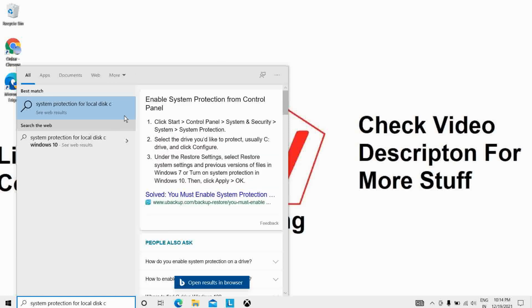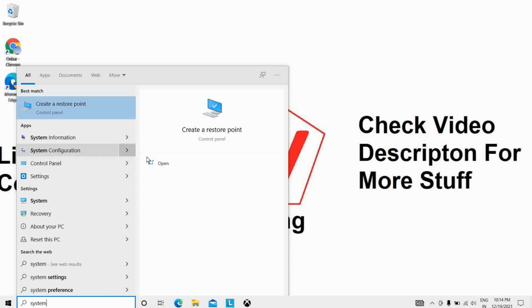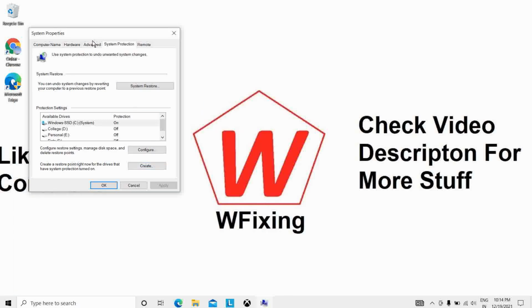So it will be here. You have to go to system protection again, open it, then go to C and click on this. Windows SSD C. You can see here system protection is on.